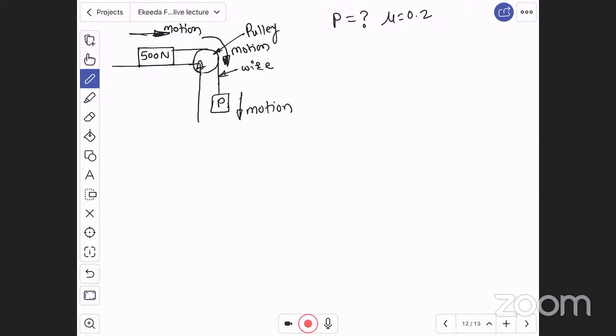Okay. Now, here we have identified the direction of motions. Let us solve this question. Now,